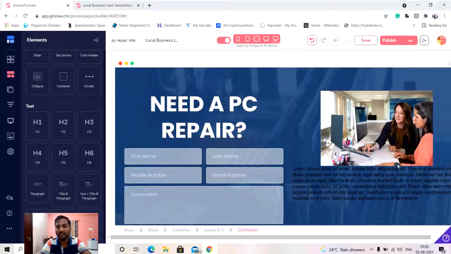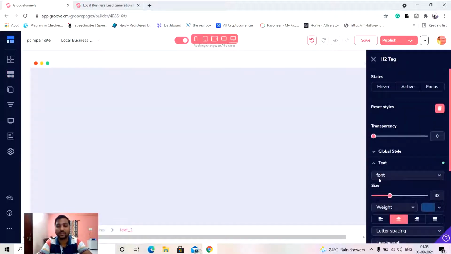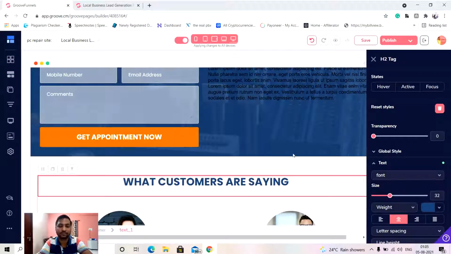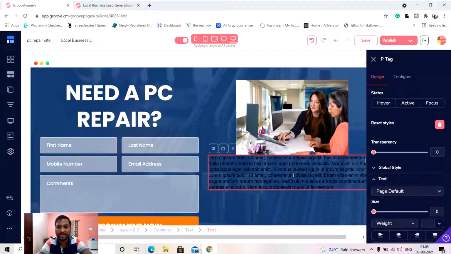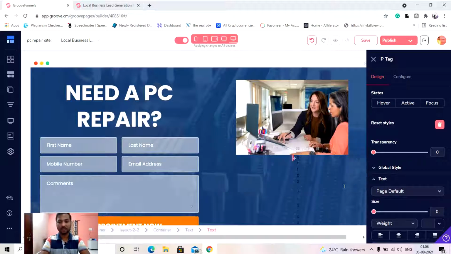Okay, now you can see that the paragraph is added inside this particular section to edit. So let's go ahead and edit it once. I'm just going to select that particular box, and let's select the entire text and mention that we believe in client satisfaction.